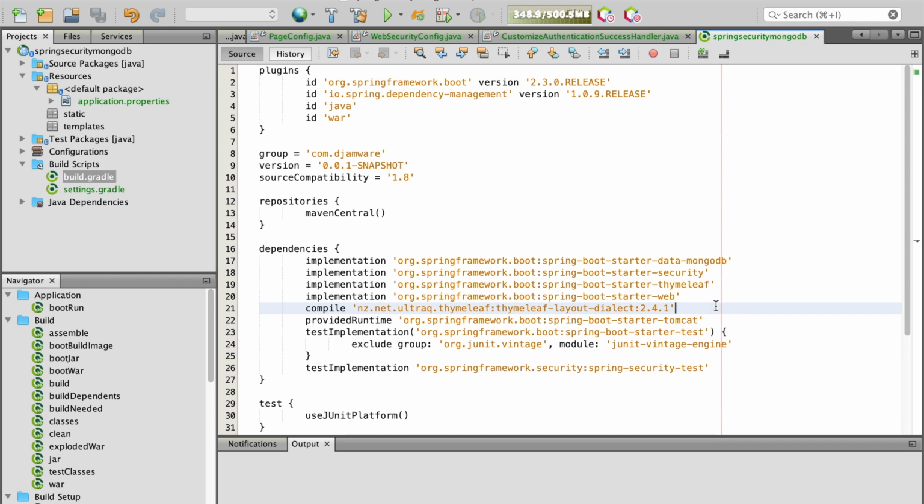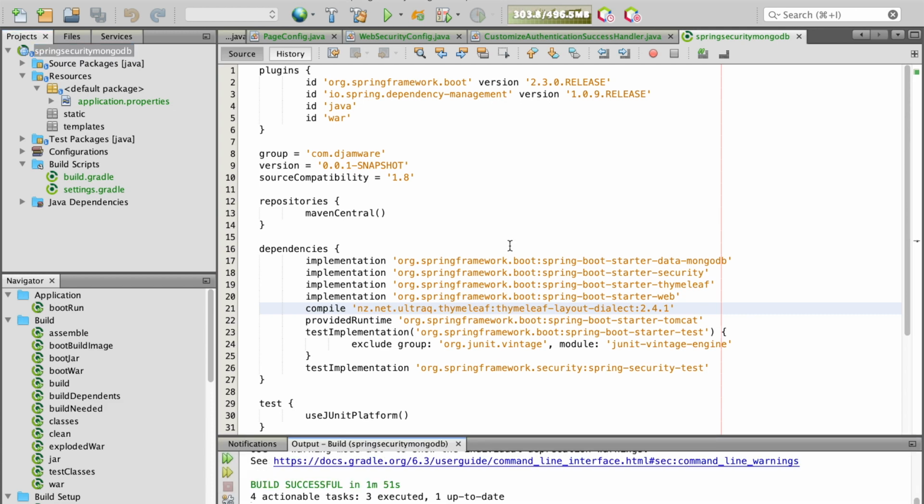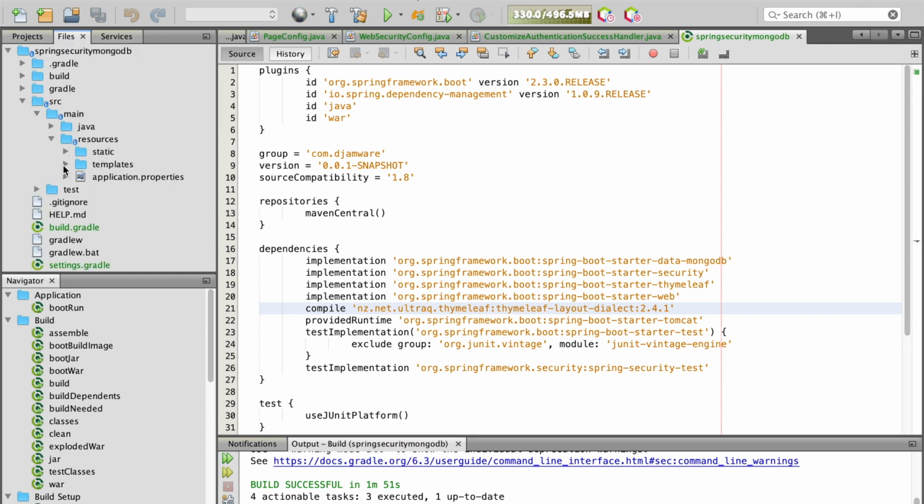Then build these Gradle projects again. To create HTML views that implement the Thymeleaf library, create these HTML files inside the src main resources templates folder